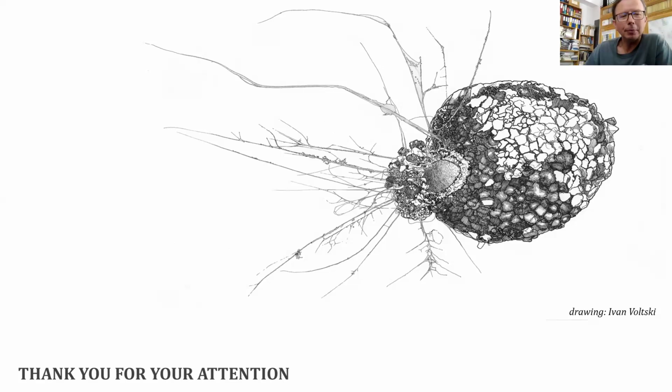If you still think about questions, I might just mention that this drawing was actually made by Ivan Volsky, our Russian friend who had to leave Russia. I think he's in Georgia now because he was very much against the Putin system. So well, thank you, Joanna, for this picture. But yeah, that is the history going on around us as well.